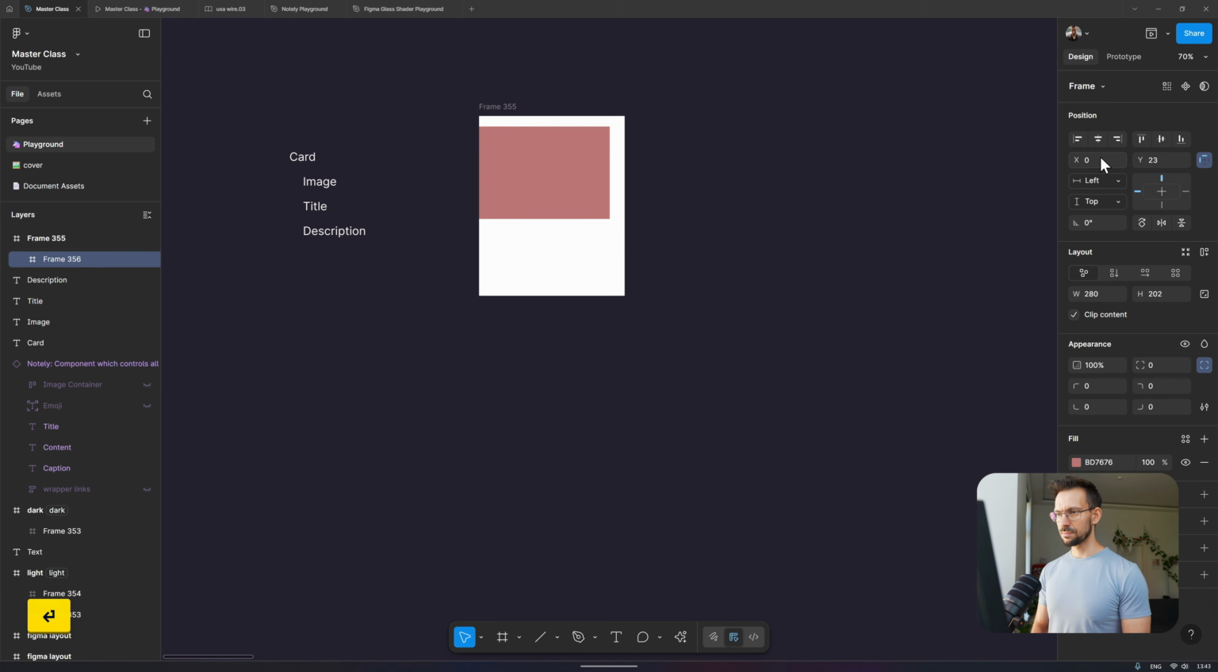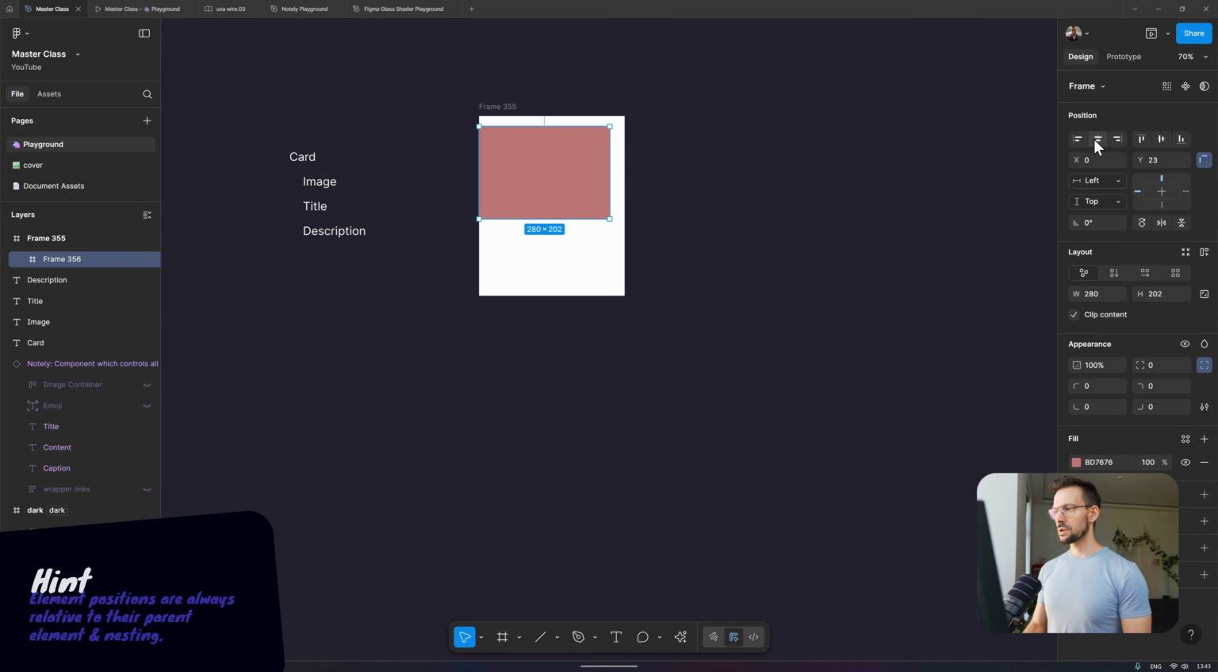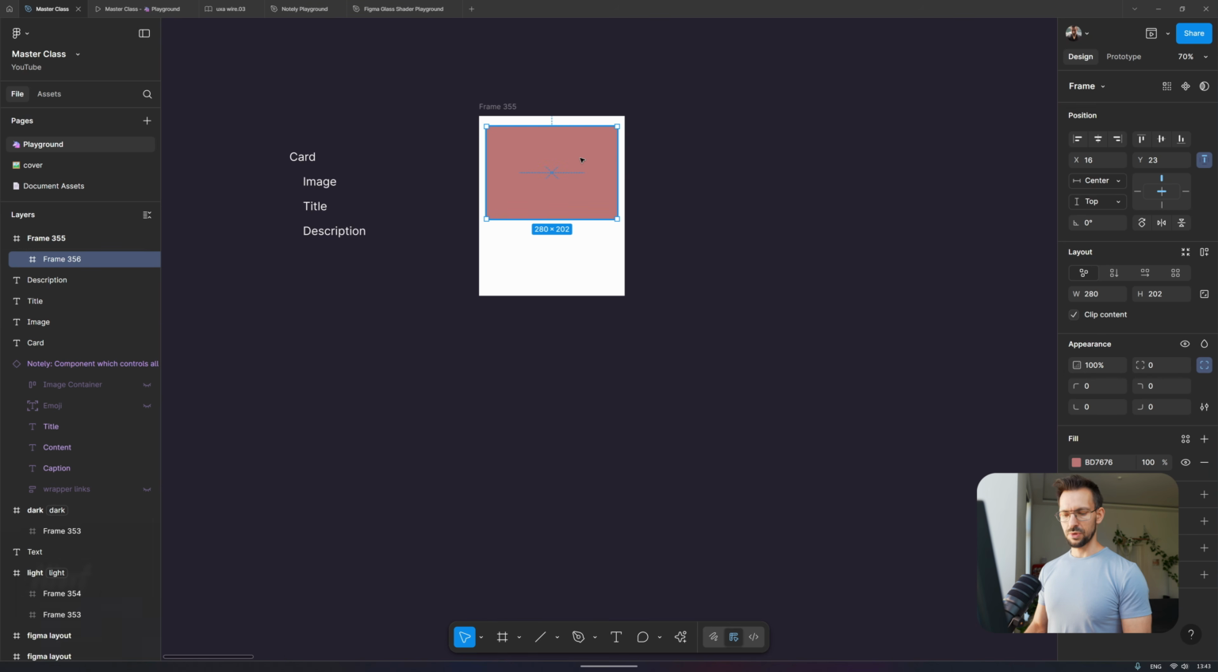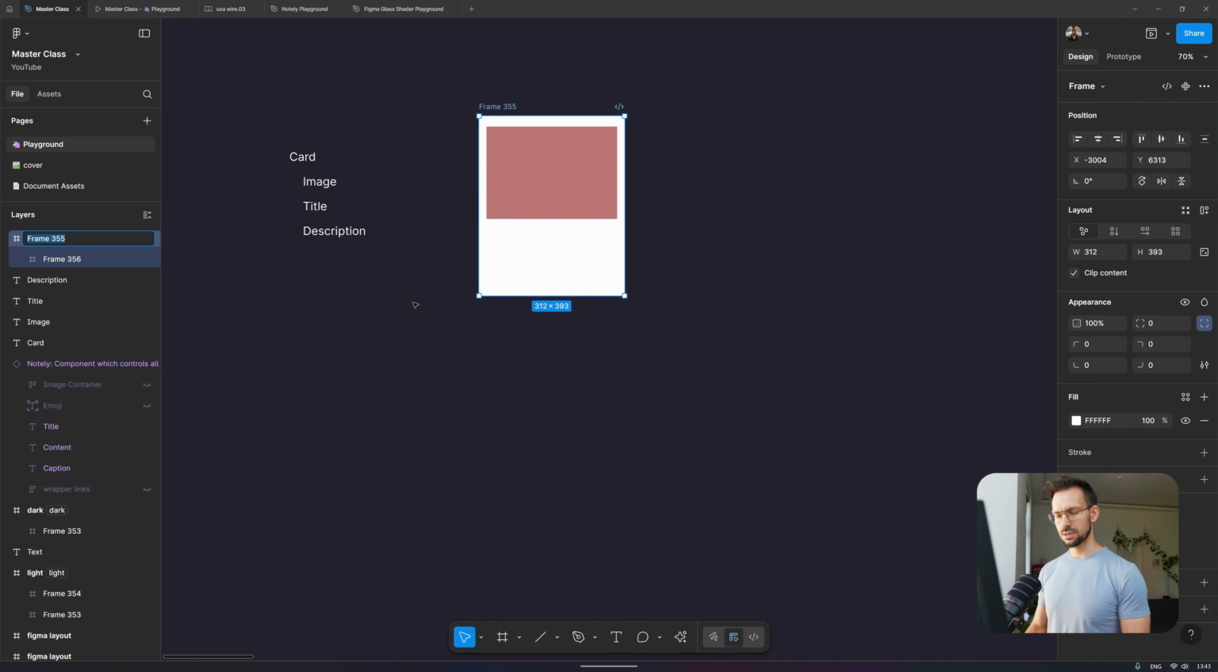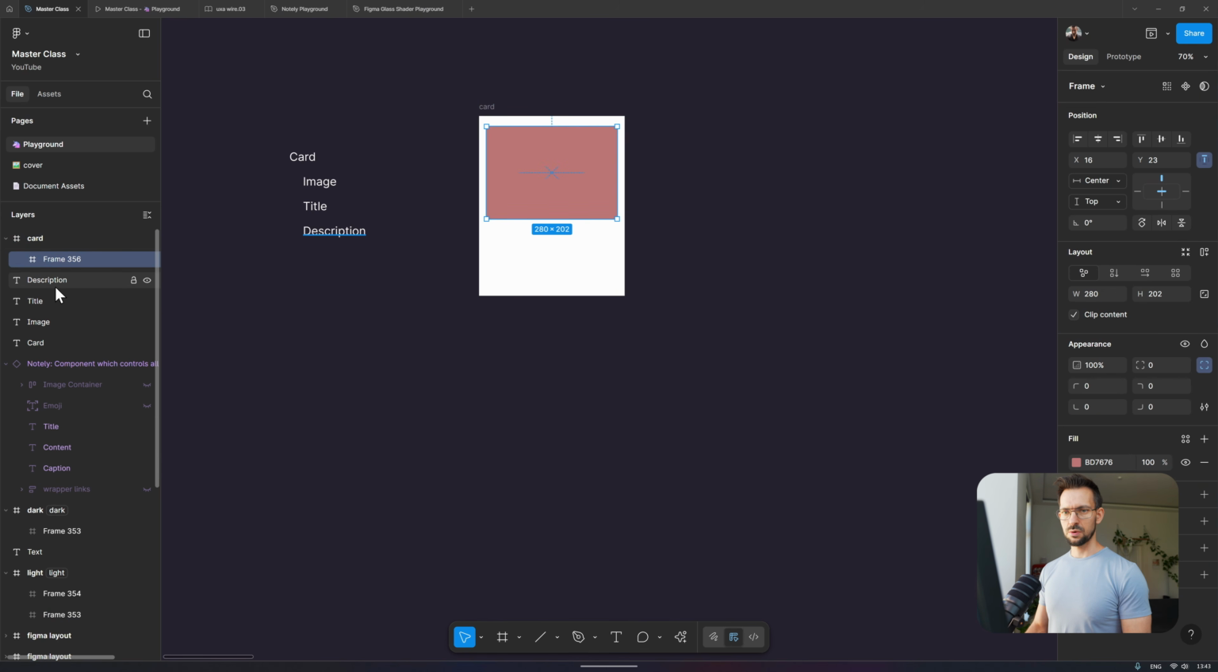If we put it, for example, to 0, it will be now 0 related to the parent frame. And if we use the buttons on top to align it, we can also align it back to the center. So, as we have created already our frame and the image frame, we can now check also the layer panel and rename it to card. And then we can also rename the image frame to image to make it a little bit easier to work